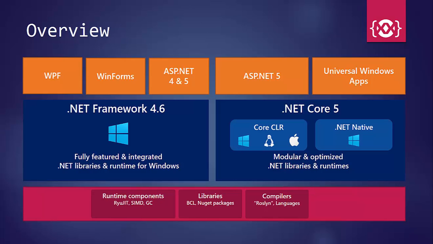It also includes a collection of NuGet packages and also the base class libraries for the full framework and the .NET Core framework. And lastly, we have the compilers, which include various languages like C# 6, VB 14, and F#, as well as the .NET compiler platform, which is a fancy word for Roslyn that we all know.